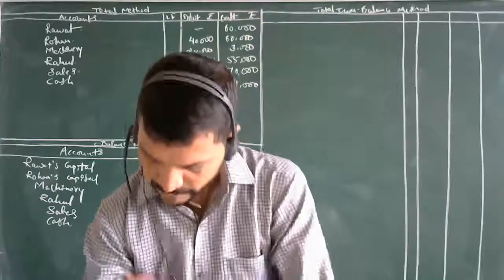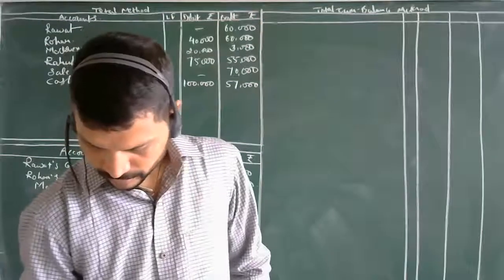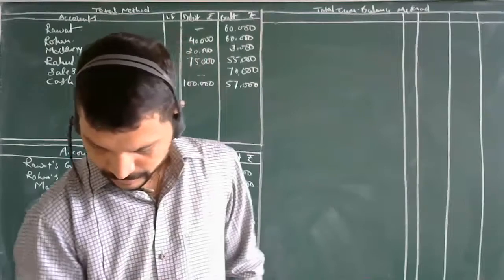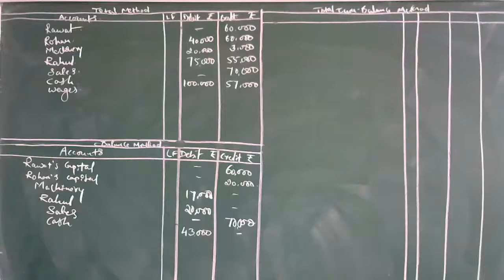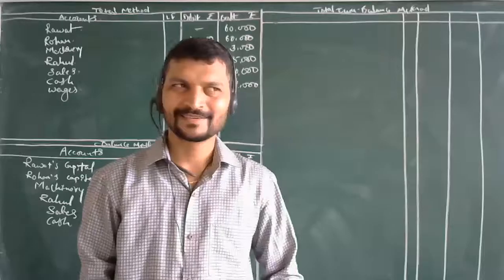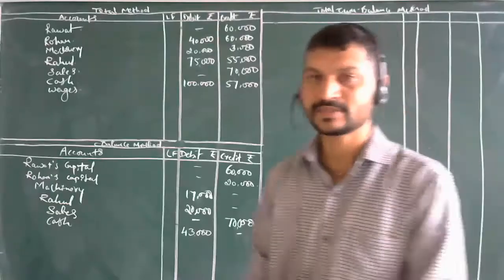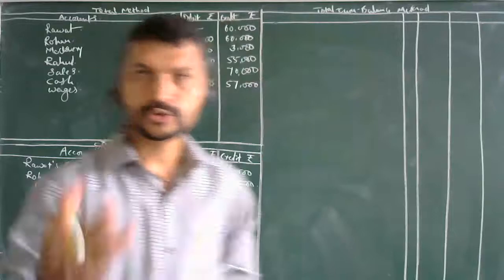Okay, come to the next ledger account. They have told here wages. Wages, you are paying the expenses. Expenses are debited or credited? Credited, because we are paying, it is decreasing? Is it a decrease in assets? No, it is an increase in expenses. So increase in expenses, what will it be taken as? Debited. So you have to remember this.